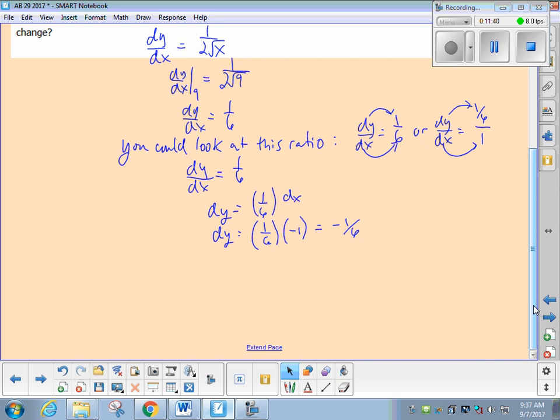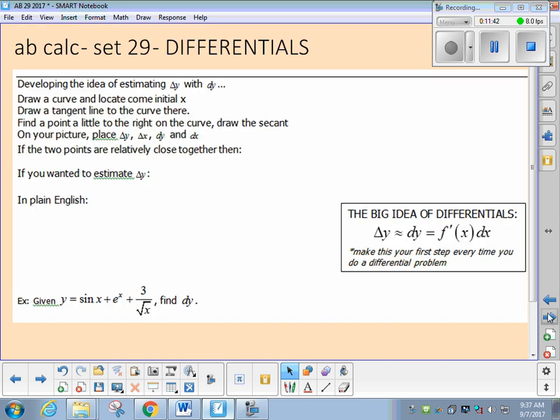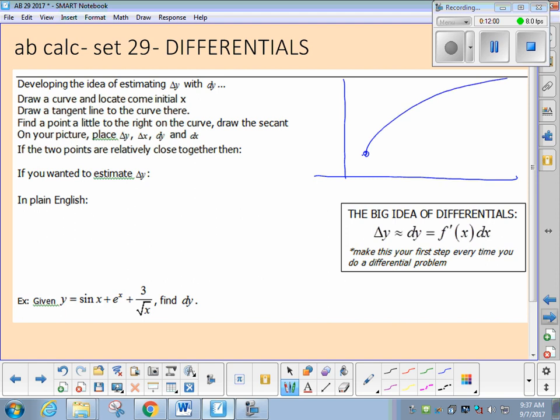Follow-up questions? Okay. All right then, let's talk developing the general idea here. You can see it's in the box there, but I'm going to show you how it comes about. A picture is, to me, the best illustration of this. Say you took a curve, whatever it might look like, f of x, and I want to talk about a first point here.